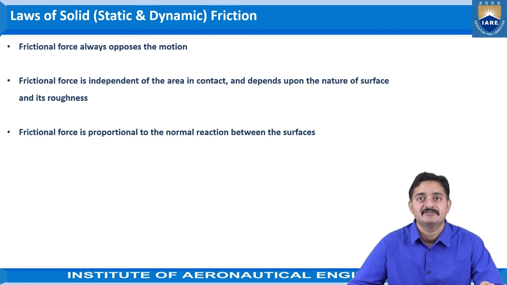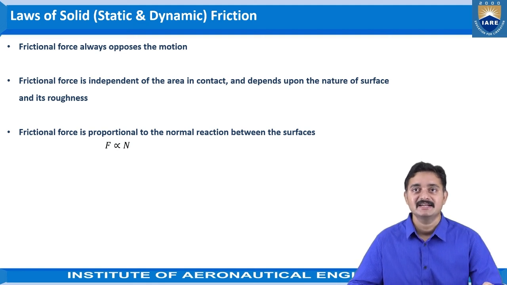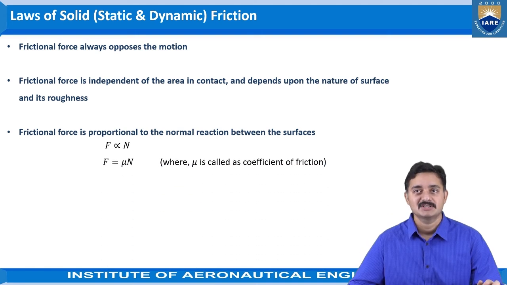Third law is frictional force is proportional to the normal reaction between the surfaces. This can be represented as F is proportional to N. When we need to remove this proportionality, we can apply the coefficient of friction as the constant, which can be given as F is equal to mu N, where mu is called the coefficient of friction. And the coefficient of friction mu can be obtained in any problem as mu is equal to friction by normal reaction. Here the equation which we have obtained is from friction being directly proportional to the normal reaction between the